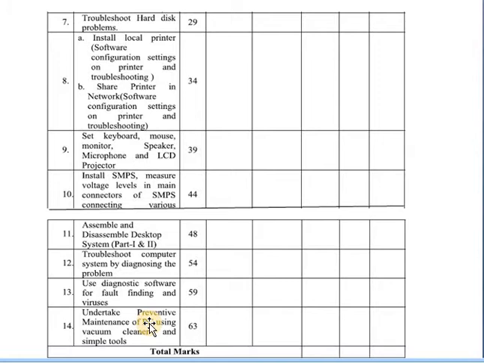In this experiment, we troubleshoot the common hard disk problems. Suppose for the hard disk drive, corrupted files on a hard disk. This is a problem related to the hard disk drive, so that we troubleshoot those hard disk drive problems. Then viruses or threats occurring in our files, then disk defragmentation. Then the computer fails to detect the hard disk drive or the BIOS. This is the main important reason for hard disk drive failure.